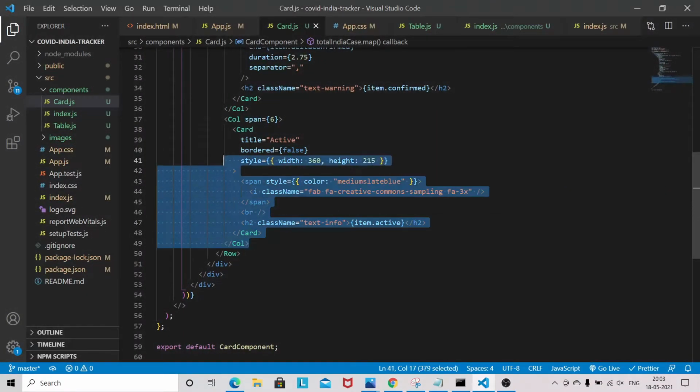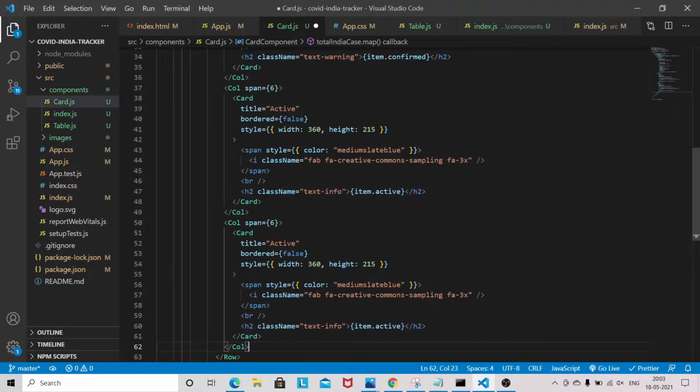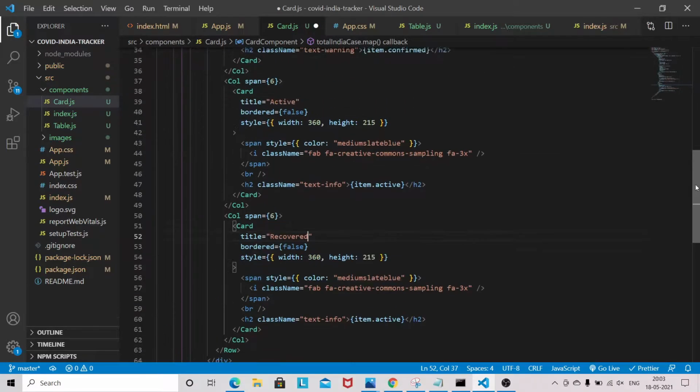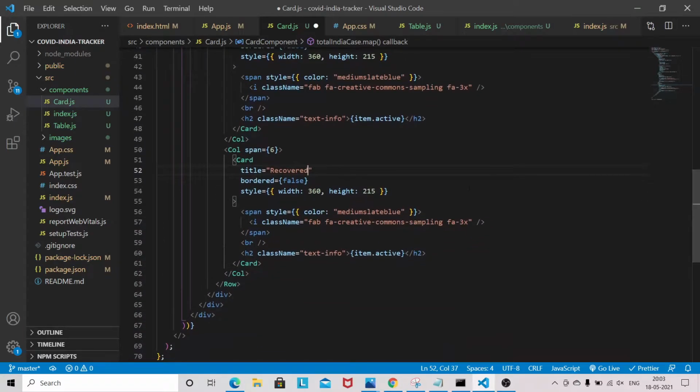So again I will copy this one and paste it. We'll change the title here, recovered. Here we need that arrow option.